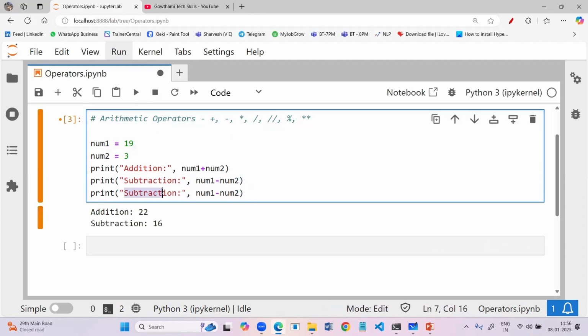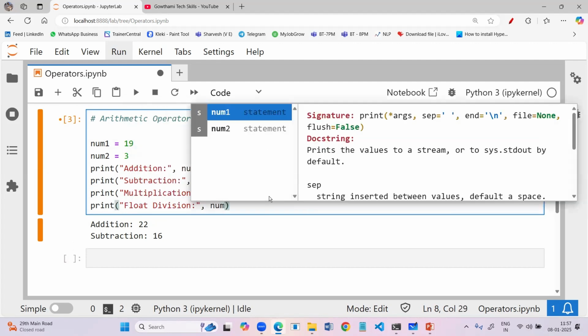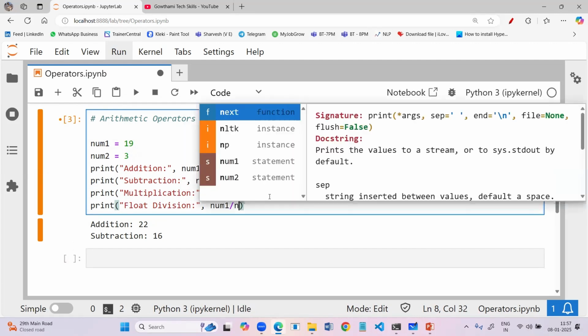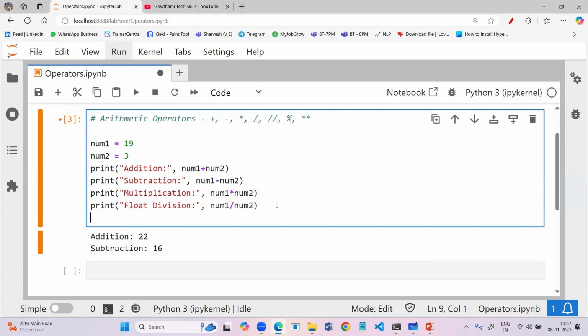Here I'm using multiplication, and the operator I'm using is the star symbol. Again, here I'm using float division, which returns the output as a quotient in float format. That's why we call it float division. Similarly, I'm going to use another operator called floor division or integer division.